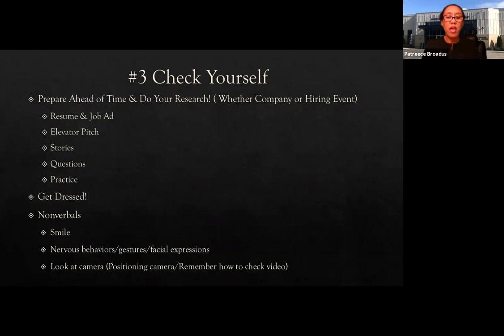For example, if you have a laptop and your laptop is sitting a little bit lower, then one of the things you might want to do is prop your laptop on a couple of books to make certain that you're more so at eye level. Again, when you're getting ready to participate in an interview, turn on that video, adjust your screen to see exactly what your interviewer is going to be seeing. And another thing, we have a tendency to look at the screen because we're thinking that we're looking at the person.